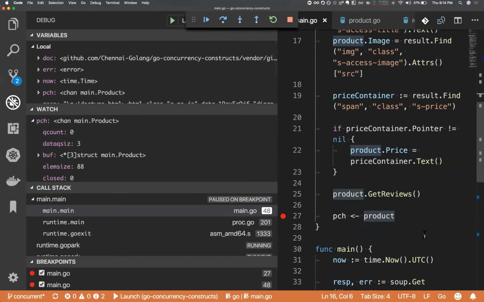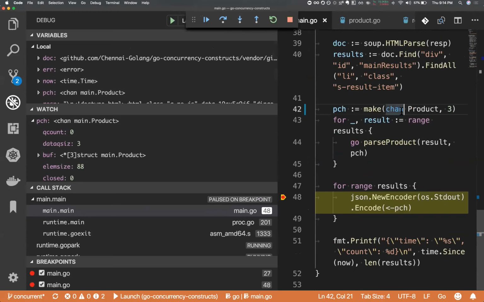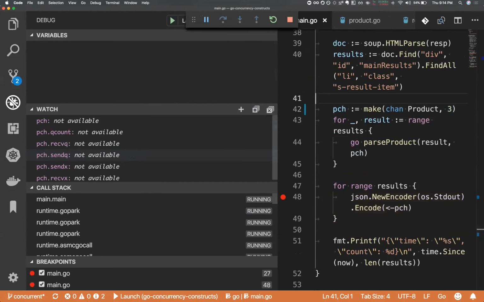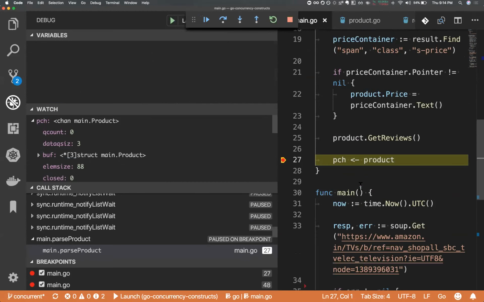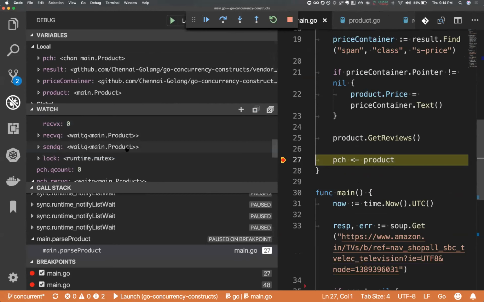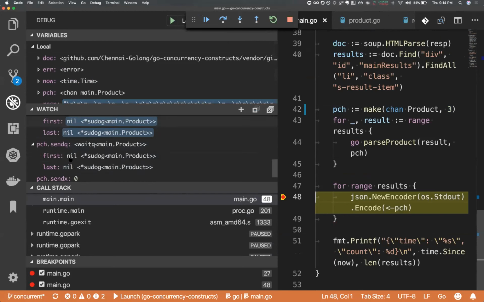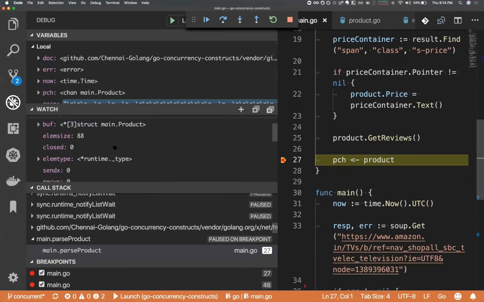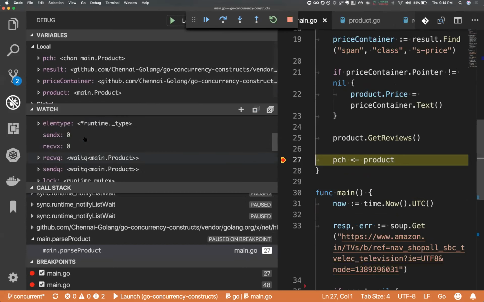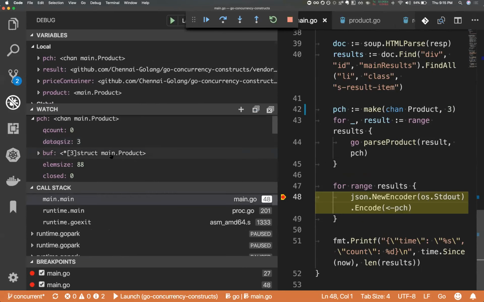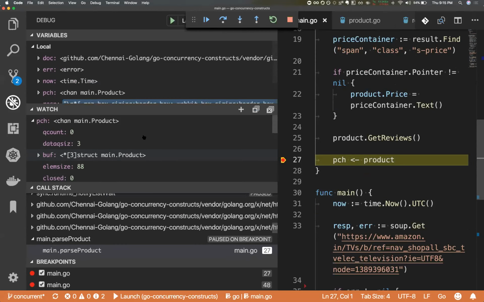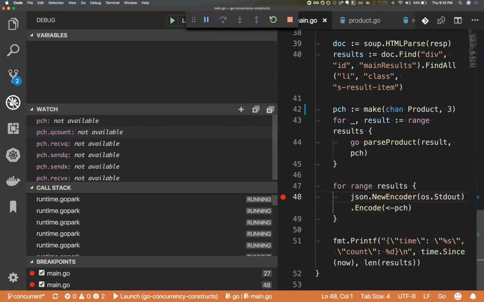So the gist of the code is that I'm creating a buffer channel which is of size 3. I'll go back to an unbuffered channel and show its behavior. But with the buffered channel, I'm continuing to run the code. So now it's writing into the channel. The receive queue and send queue have been updated. Now you have one write to it. See, immediately the send happened. I'll go on running it.